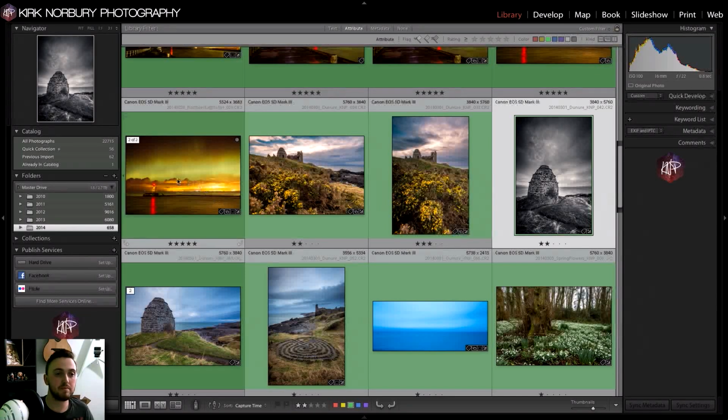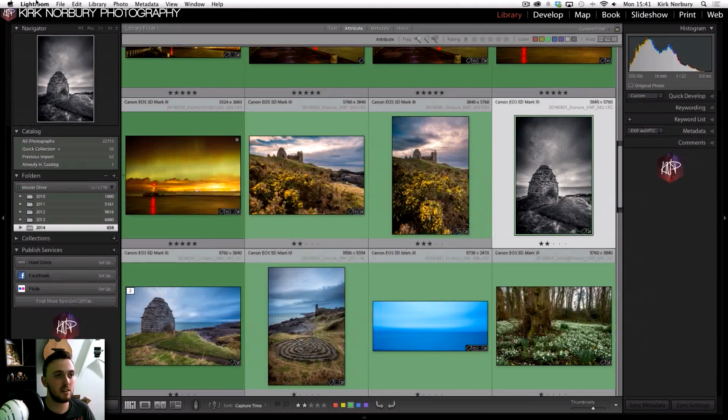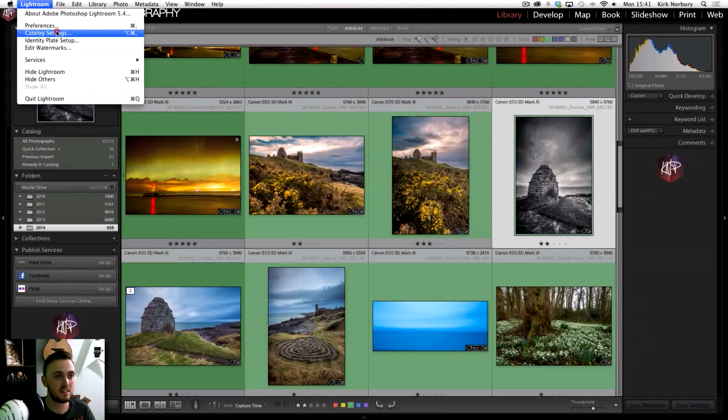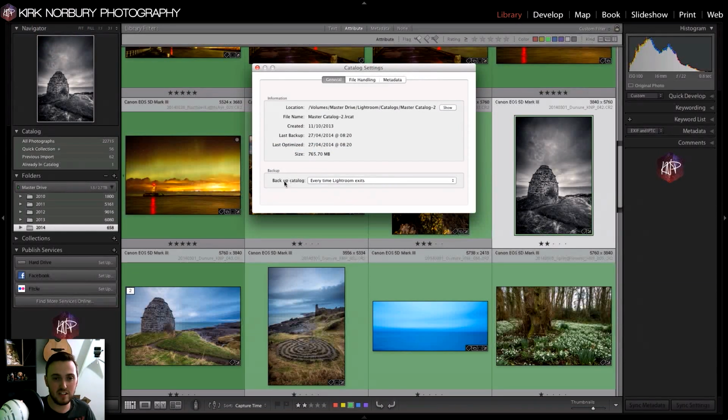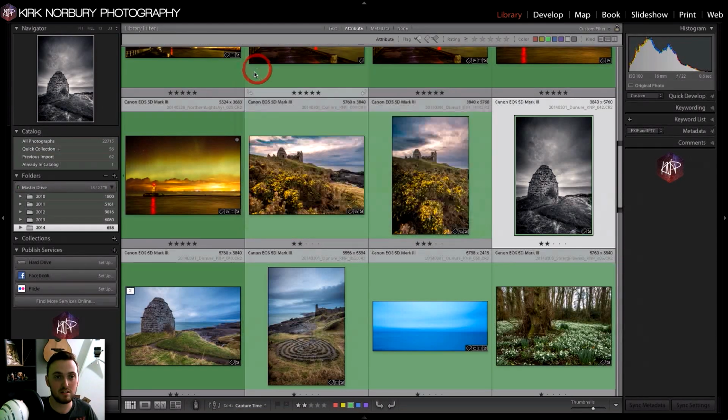So all you do, to set it up, is go into Lightroom, catalogue settings, and it's just here, it says backup catalogue, and my setting is every time Lightroom exits. You've got all the different options: never, which they shouldn't even have in there, they should just get rid of that completely, once a month, once a week, once a day, or when Lightroom next exits. I have it every time, so let's close this